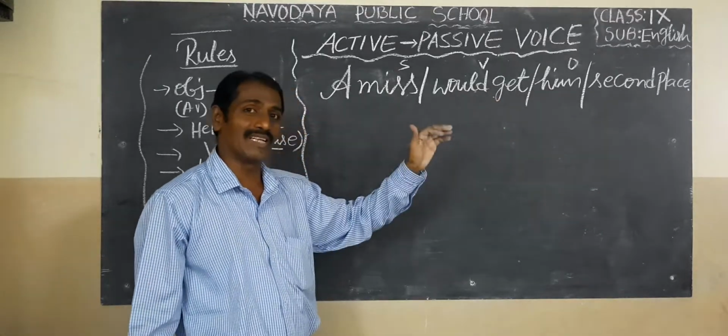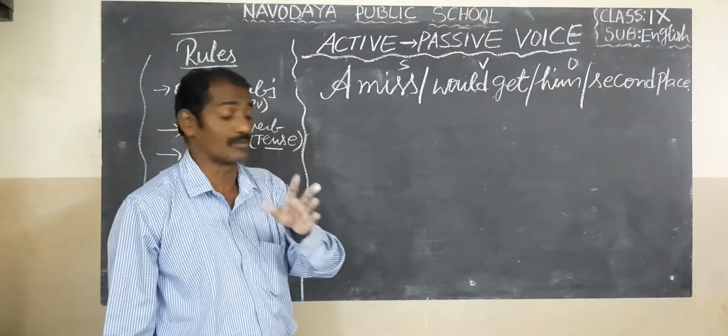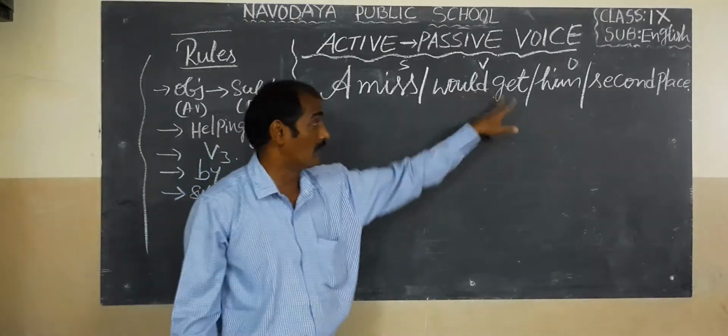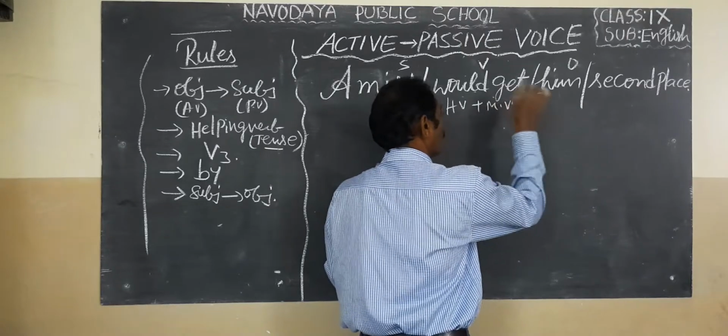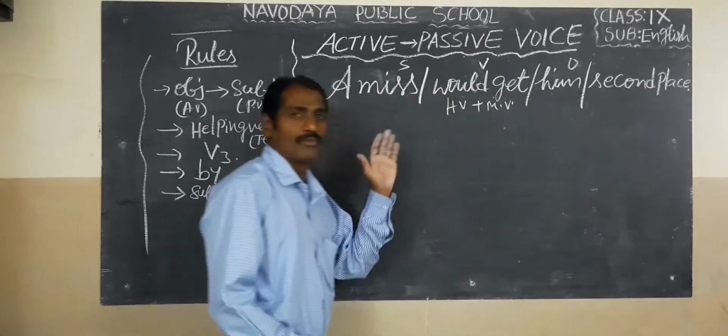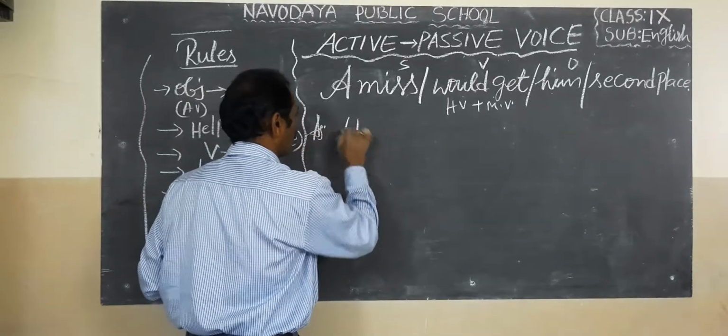In the previous sentence, the only verb was monitored, -ed past tense, with no helping verbs. But here there is a helping verb and a main verb. This is actually the helping verb tense, and this is the main verb. Him is the object, so the object became the subject. Him became he.